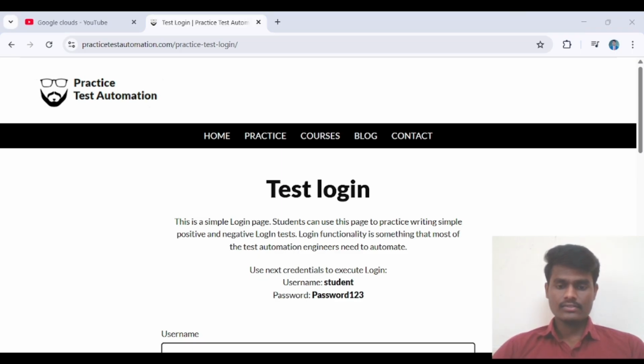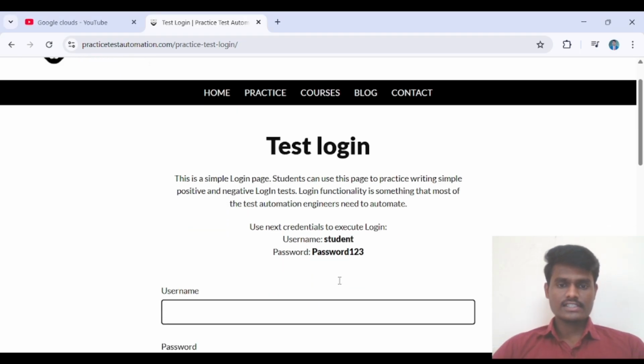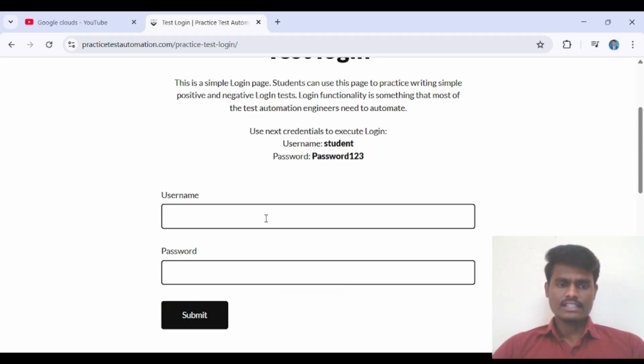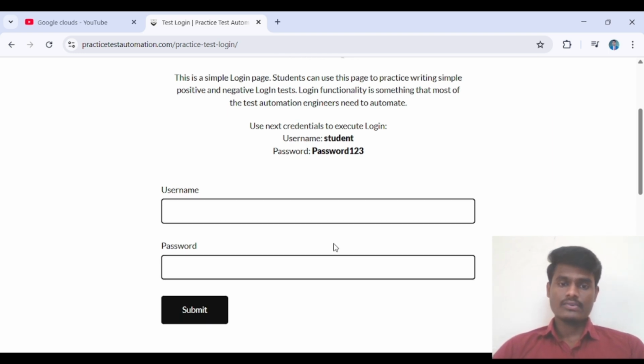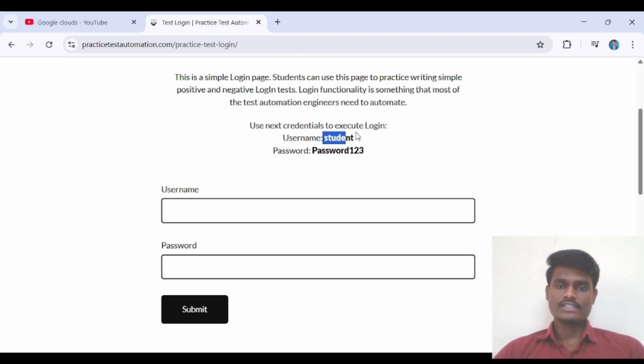Yeah guys, now I hope you are able to see my screen. So this is our login page, guys. Here we have two things, username and password. For username we have a student. For example only, I am showing the username. For password we have this one, our password.